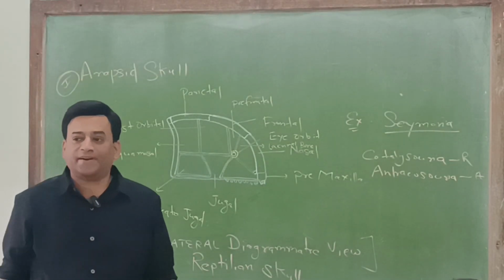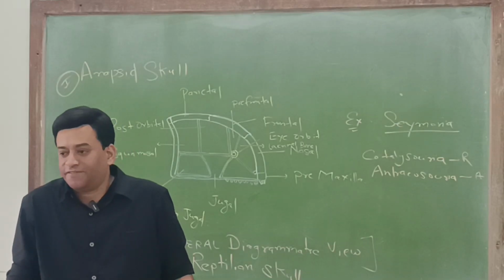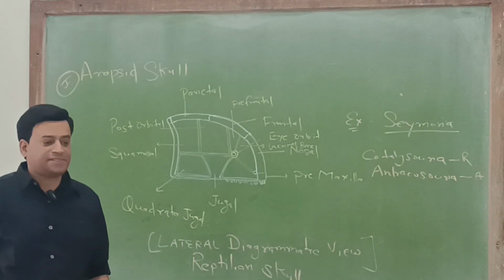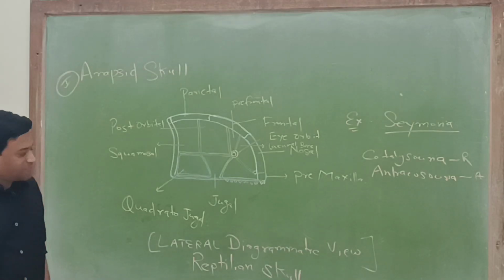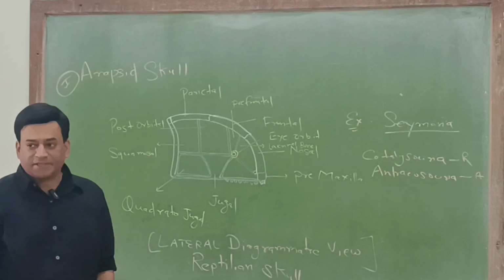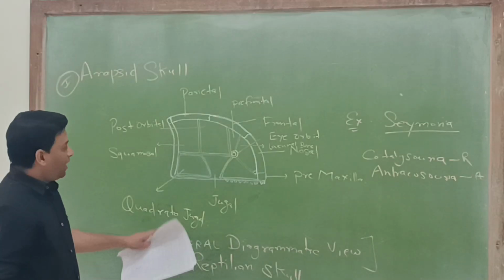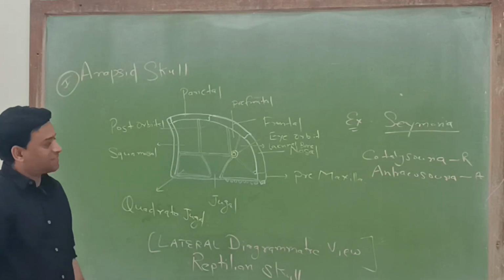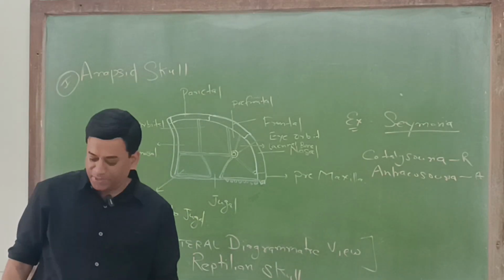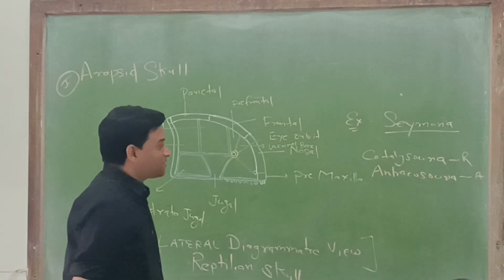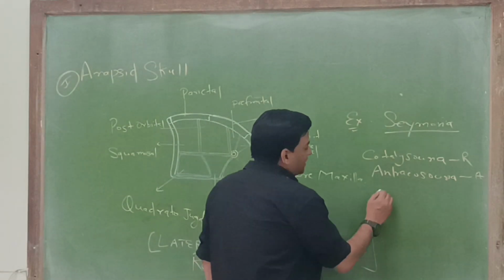This is not an advanced character. The presence of vacuities or the hole or the fenestra or the fossa or the opening is the advanced character. The absence of any vacuity is actually a primitive character. So this is a primitive skull, and that was found in the extinct Cotylosaura. The example is Semoria, and very interesting. Yes, all the present day